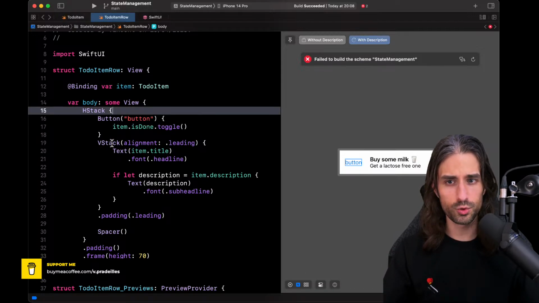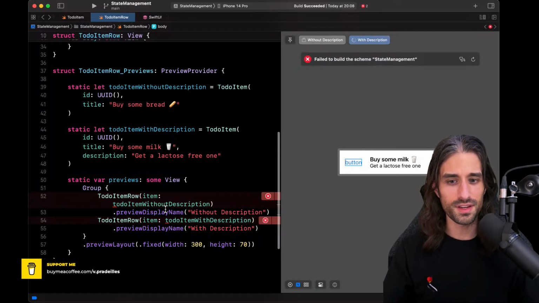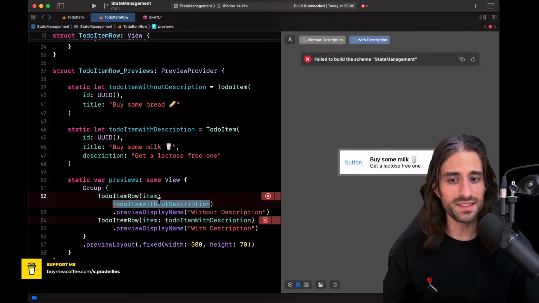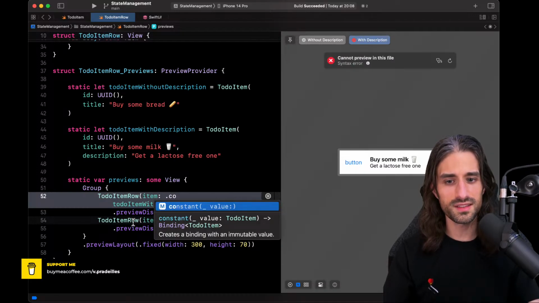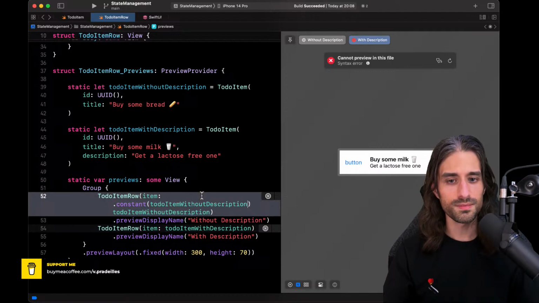Okay, so to-do item row is pretty good. However, we have a problem here because we are passing a to-do item, whereas now to-do item row expects a binding on a to-do item. So how could we solve this? There are several approaches possible, but the most simple one is to use a static method on Binding, which is called constant, and it returns a constant binding to something.